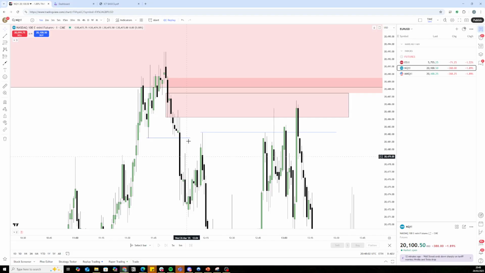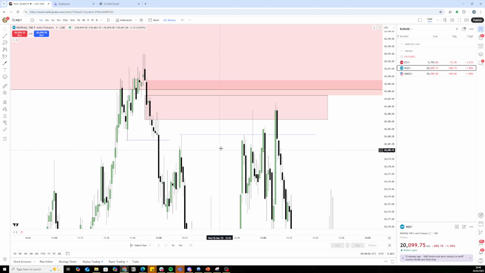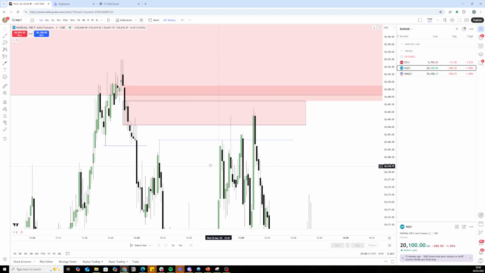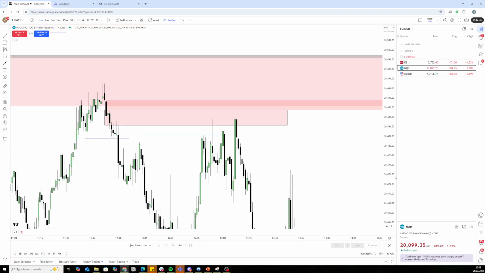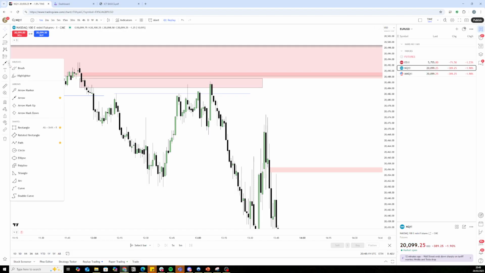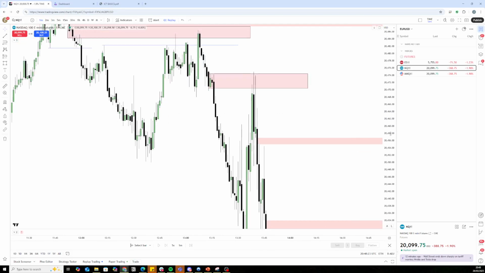Then this is displacement, which closed below this low aggressively. There's our order block. There's our liquidity. There's our close below. Then we can obviously enter off that order block. That's scaling into the 1 minute. You don't really want to be doing it on the 1 minute, especially if you're new, it's very hard. But look, see, order block,